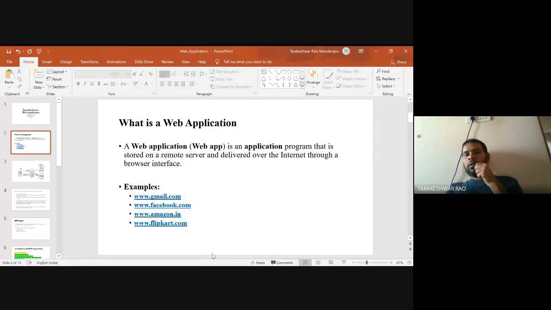Now that you understand what a web application is: a web application is nothing but a software application which will run with internet. If there is no internet, then your web application will not run. So what are the application softwares that you are using now, or have used in the past, which do not require internet?